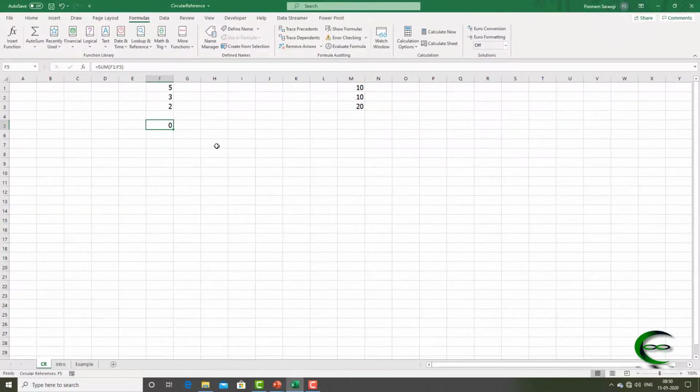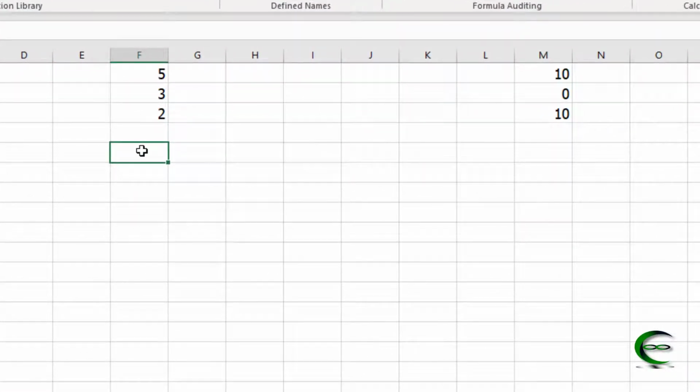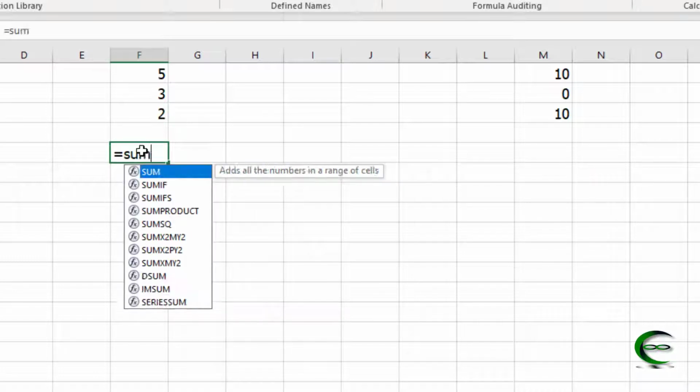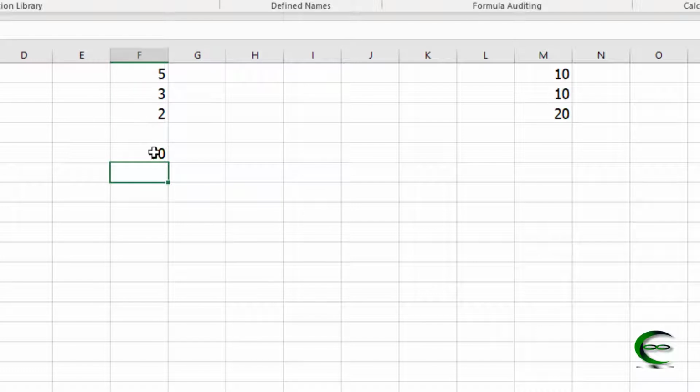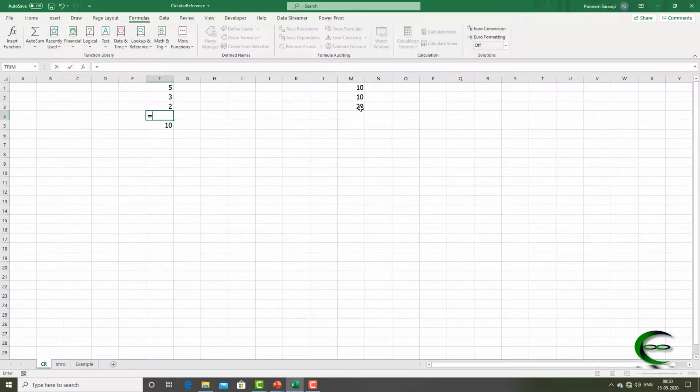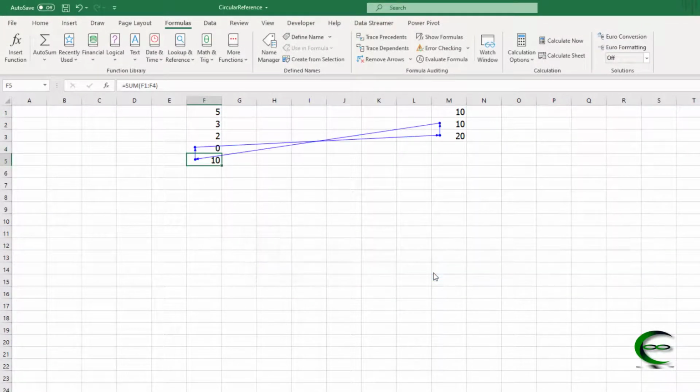Now let me remove it, and again I am applying the same formula, the correct formula rather, and I am referring to this cell here. This is indirect referencing of the formula cell.